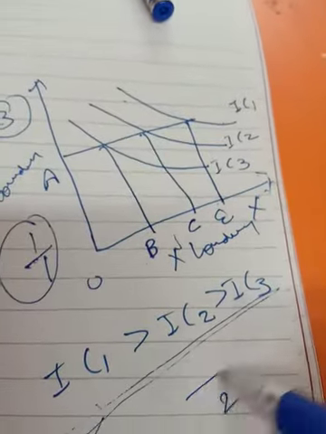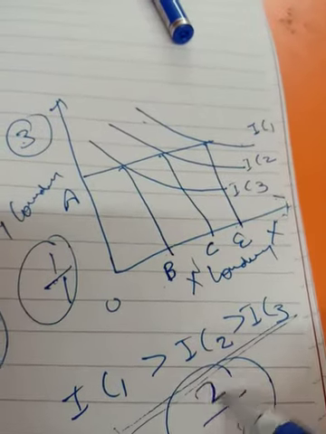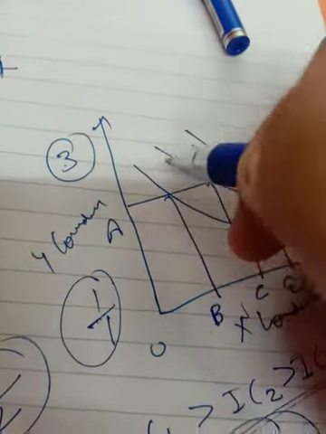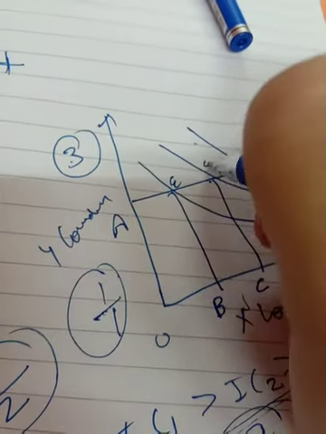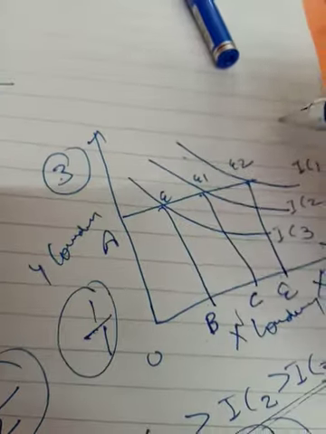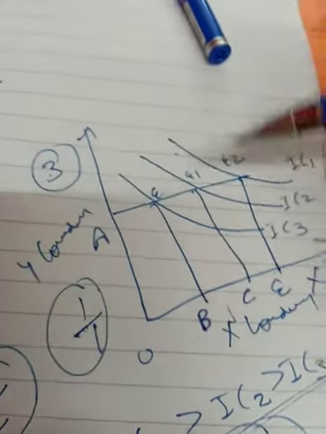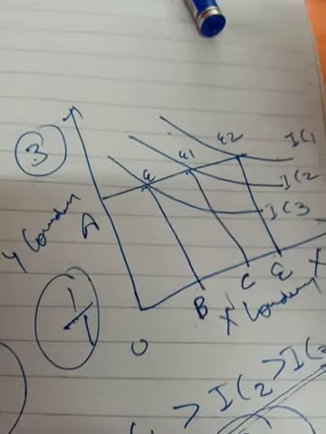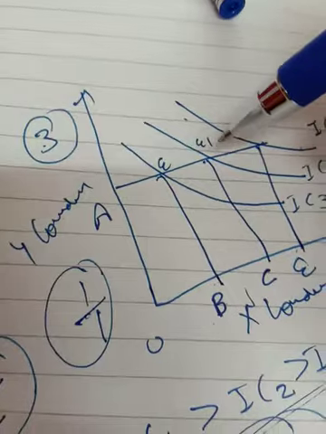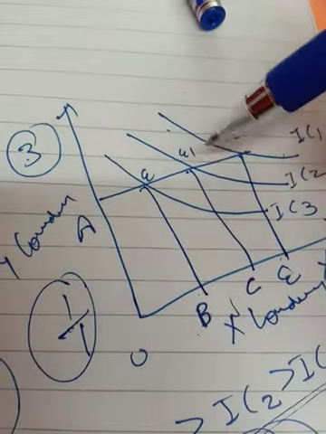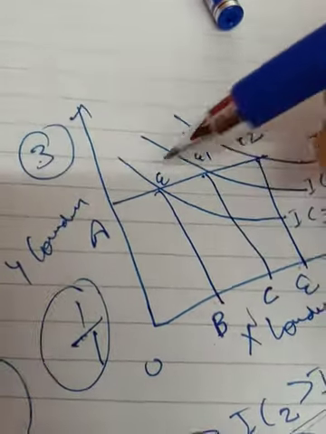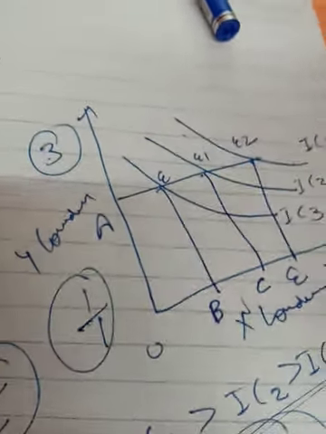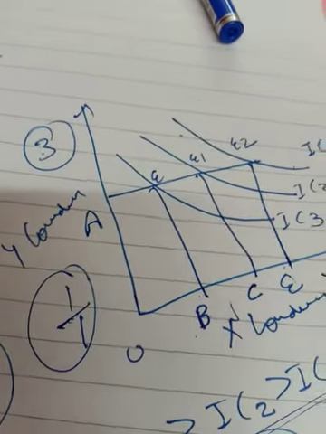And now what about the explanation? You will get 2 out of 2 when you describe the diagram in this way after taking the points. You can mention the name of the point like E, E1, E2. The more alphabets you use for the points, the better you can describe the diagram, because you can locate a point only with the help of an alphabet. Like when I say E1, you will look over there. Like when I say E, you will look over there. So some name should be there so that you can call upon it. Fine. So in this way you can explain the diagram.